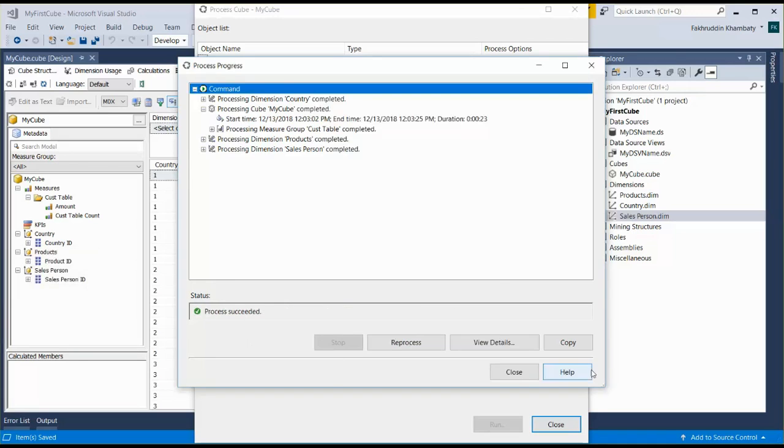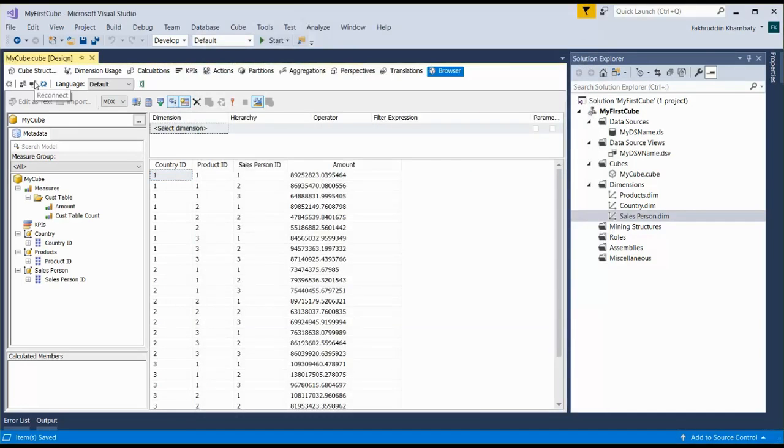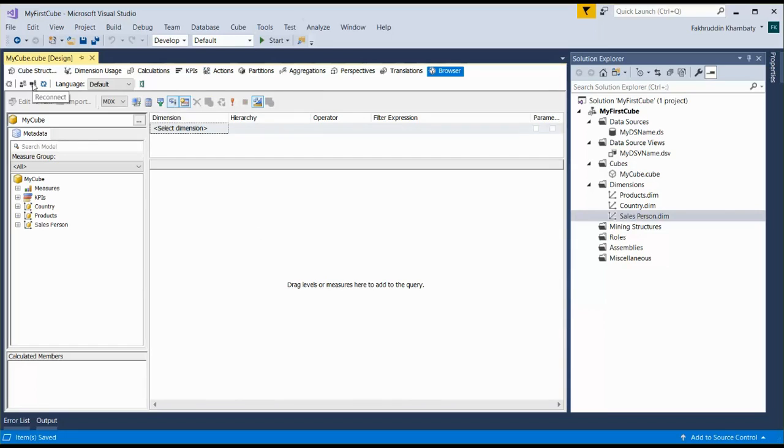And the process succeeded. Close, close, close, and I'll reconnect. This is the reconnect button over here. This is the refresh button. And let me show you some more important things. You see the MDX over here.